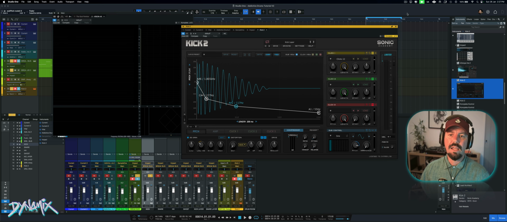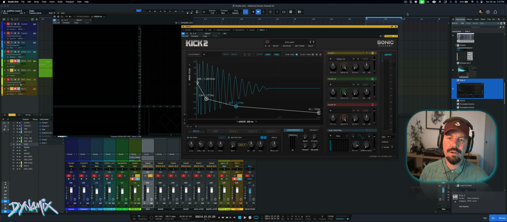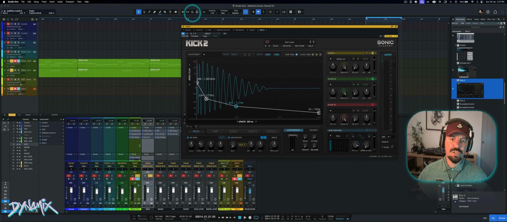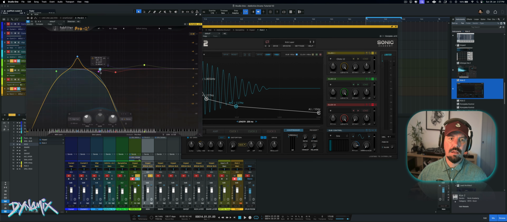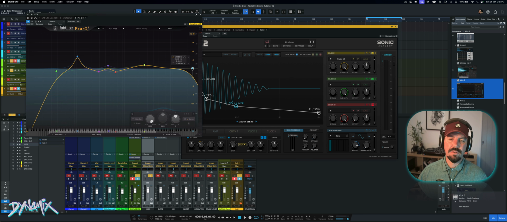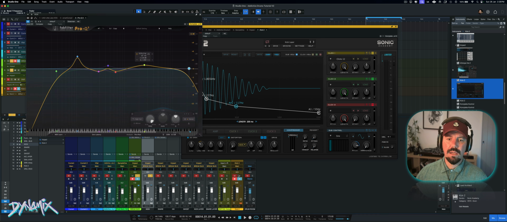So what I've done is I've used kick 2 to analyze the kick of the break and look at the sweeping frequencies of it to match up as best as possible to complement the break. So we've now got our original kick drum, which was this one here. I'm just going to bring this low pass filter back up again because I use that to isolate down in the lower region. So we've got the kick,